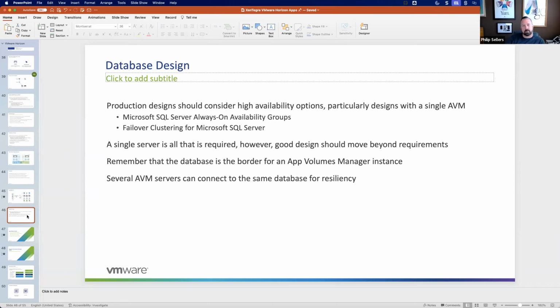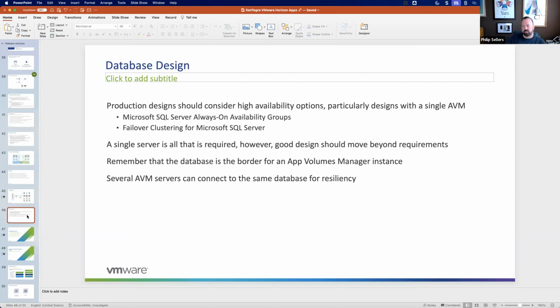This is going to be two independent Microsoft SQL servers replicating at the SQL Server software layer. But say that 10 times fast. It's a little tongue twister. But Always On availability groups allows you to do it at that software layer at the top. It's probably the preferred way,